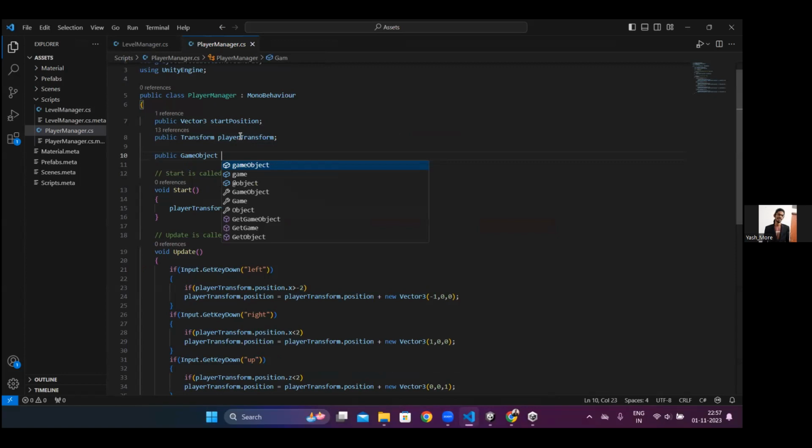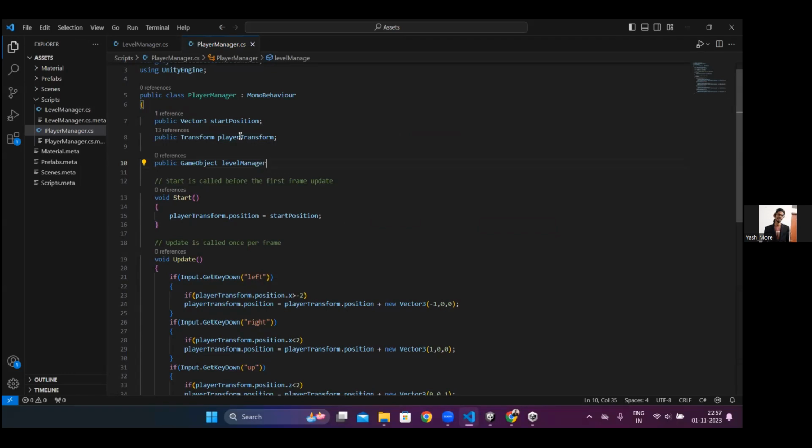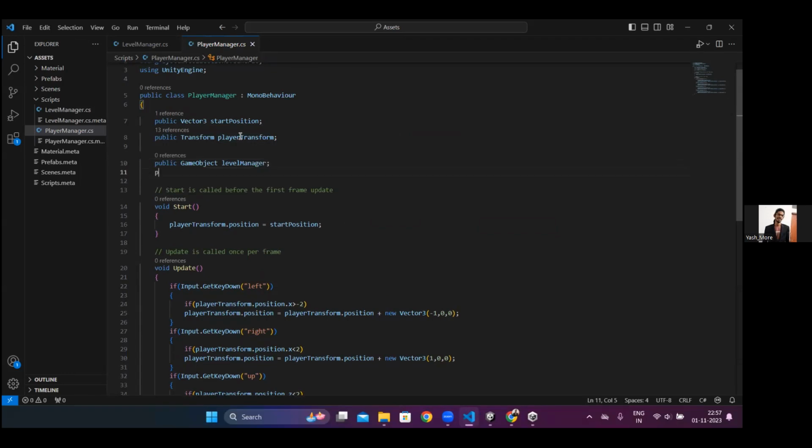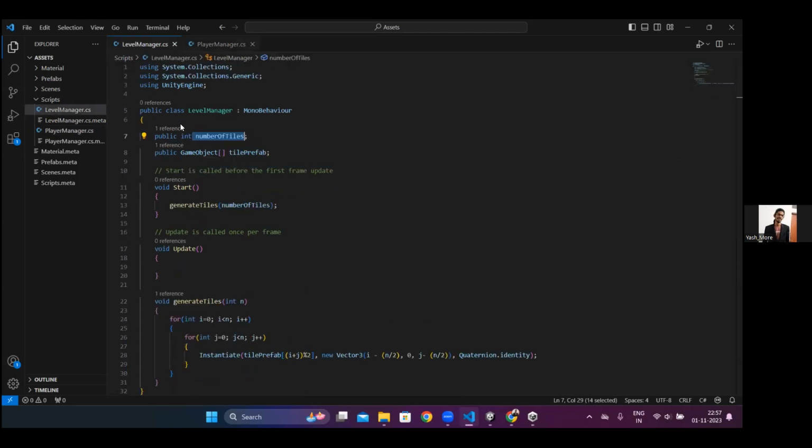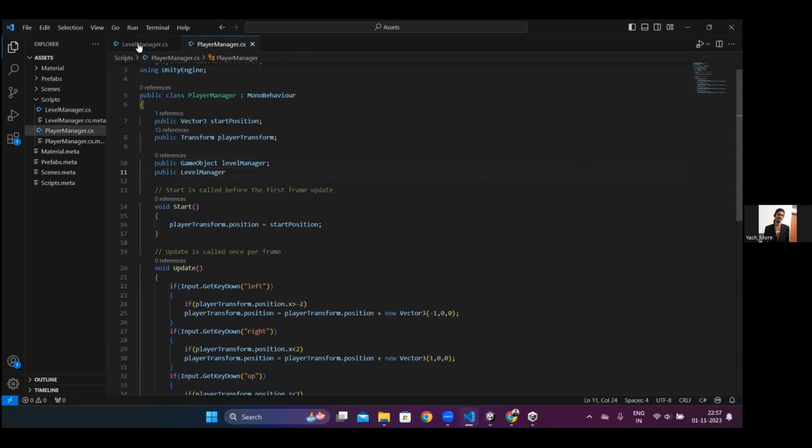We'll call it level manager, and let's have another game object of the type of this level manager script, whatever the name of the script is. So basically an object of this class, and let's call it